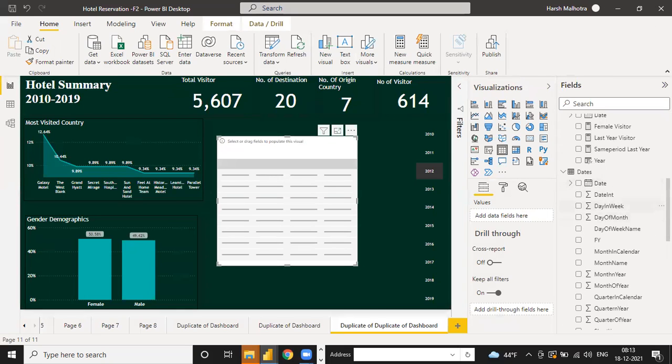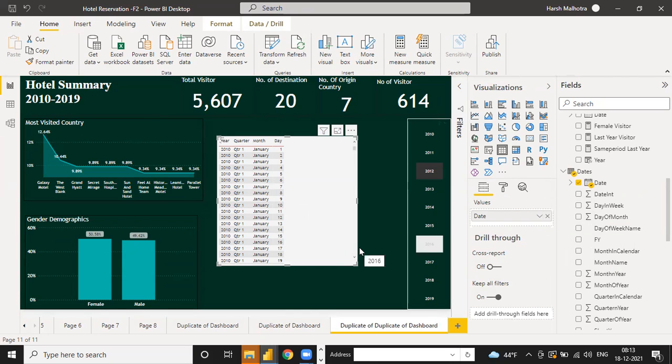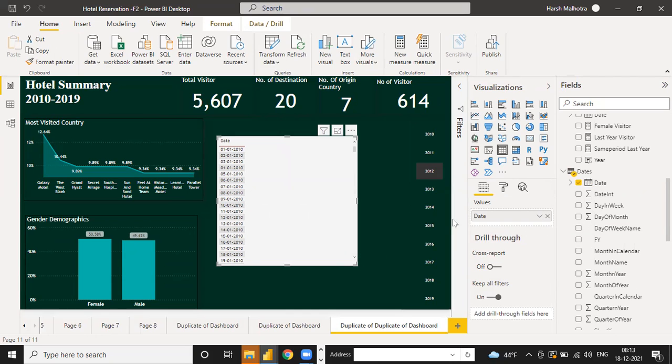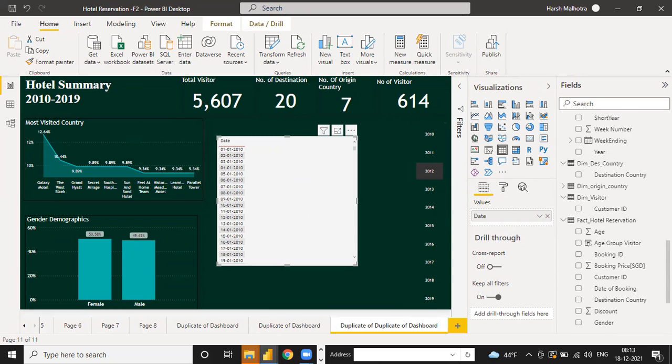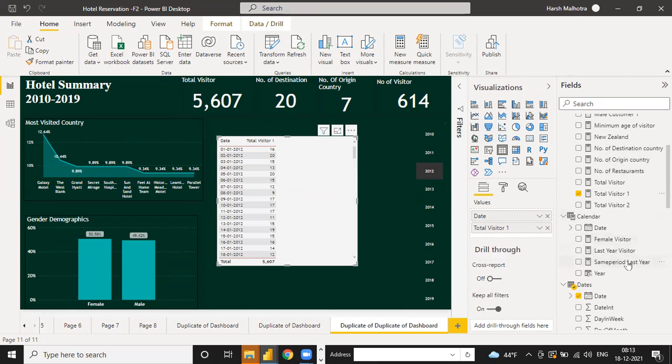Okay. Under this dates, if I select date, oh yes, now I know what the error is. Date. Here is the answer of total visitor, and here is the answer of same period of last year.